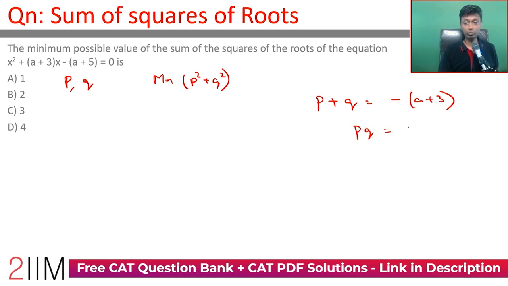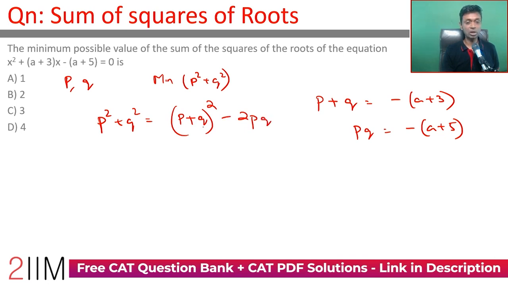pq is c by a, which is minus of a plus 5. p² plus q², we want to write this in terms of p plus q and pq. It will be (p plus q) whole square minus 2pq. This will be p² plus q² plus 2pq minus 2pq. Or this expression is going to be minus of (a plus 3) the whole square minus 2 times minus of